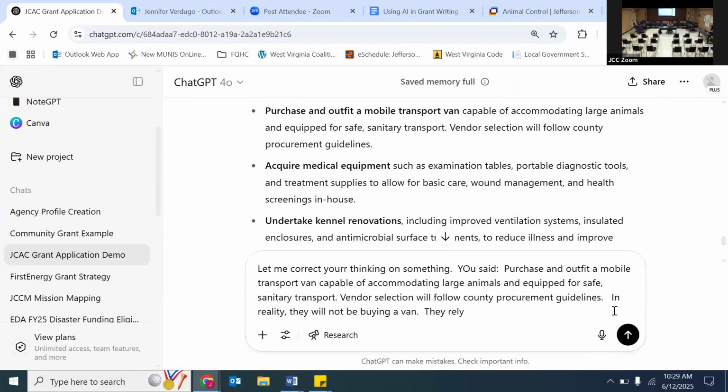Right. So it's an opportunity to give it additional information because obviously it did all this based on the information I just had it create. But maybe as I was writing all of that up or giving it the information about my agency, I didn't even think about, oh, well, how do we deal with partnering with agencies? What do partner agencies do with us? And that sparked that now. And I can actually go through and in this very same box, I can talk about partnering. So I can say, oh, they rely on partner agencies